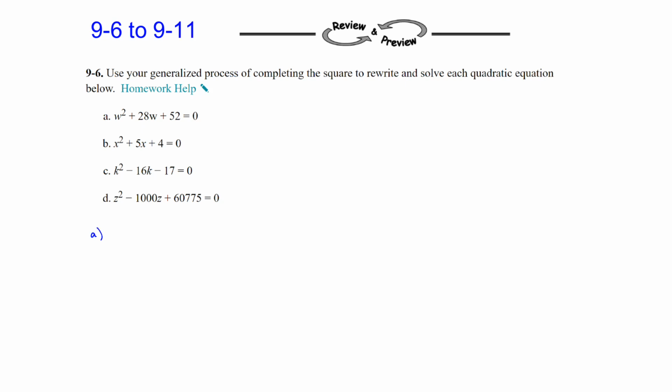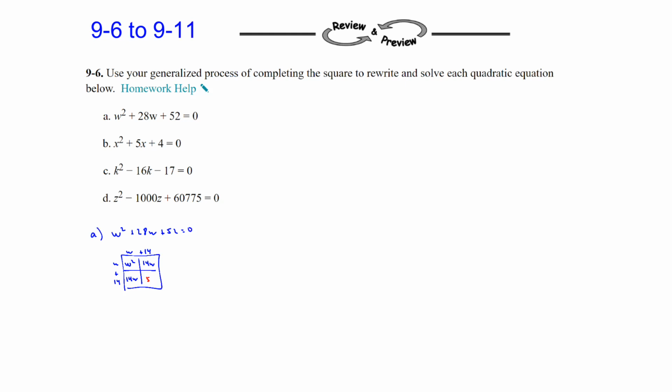On part A, we have w squared plus 28w plus 52 is equal to 0. I'm going to use the generic rectangle on this first one. So we know this is w squared. If we have 28 w's, we need to split those up into 14 and 14 on each side. So that means we have w plus 14 on each side. So that's the square. There are currently 52